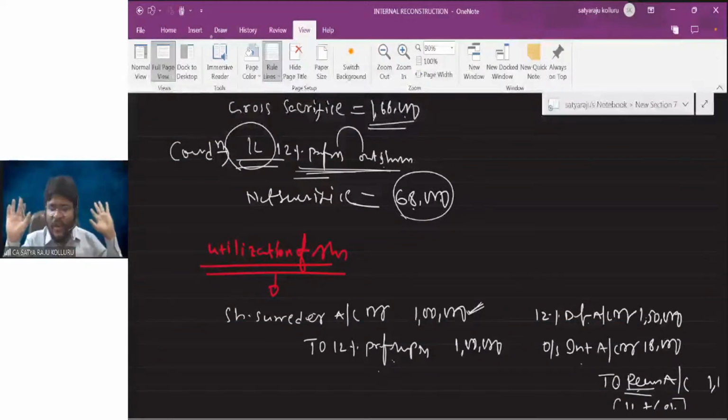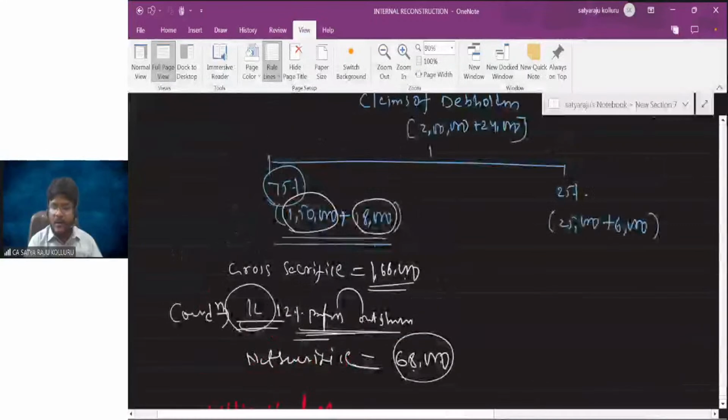Is it clear without any confusion? That's why in my conclusion I told you, at the time of utilization of share surrender, it goes to the related capital. And at the time of settlement to that particular party, whatever amount you utilized from share surrender, you need to put under reconstruction. And whatever real sacrifice exists, such real sacrifice also you need to put under reconstruction. That is the point I mentioned. Clear guys? Is it clear? Almost 4 or 5 times I repeated the same thing.